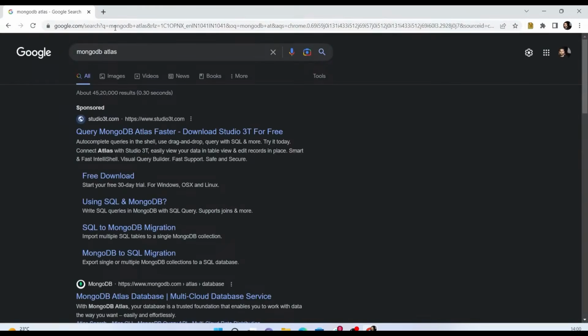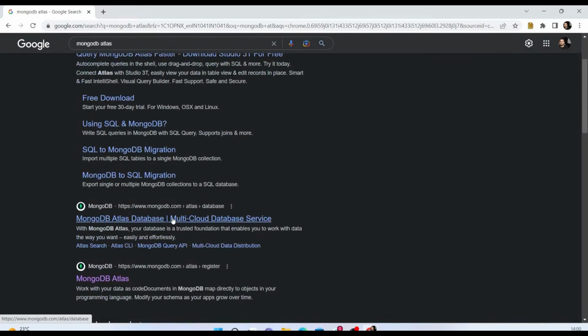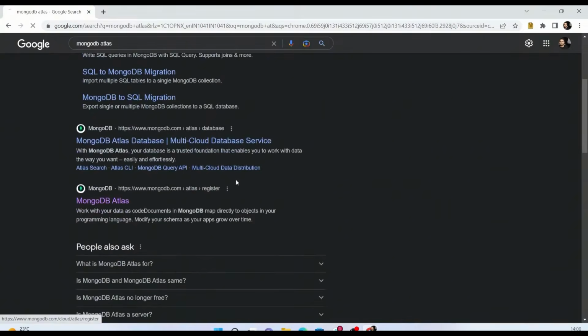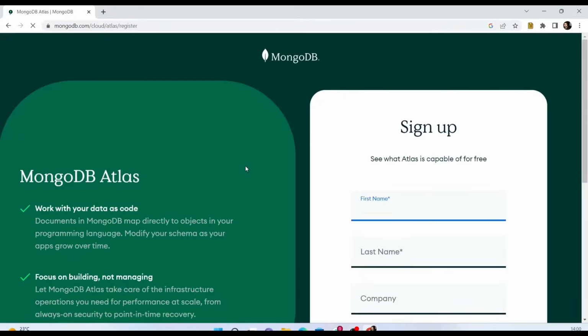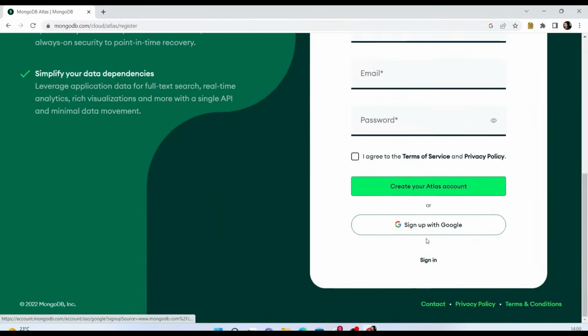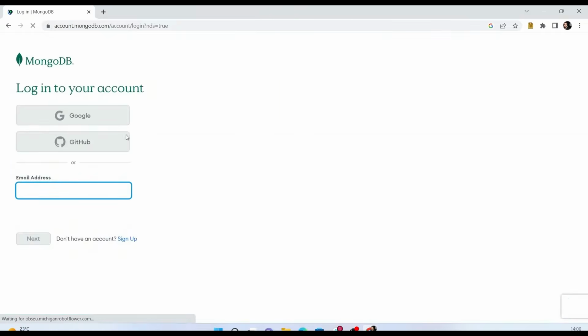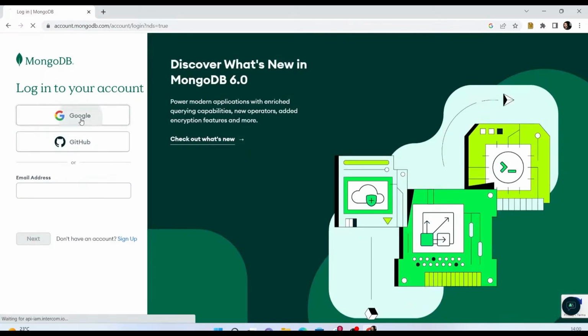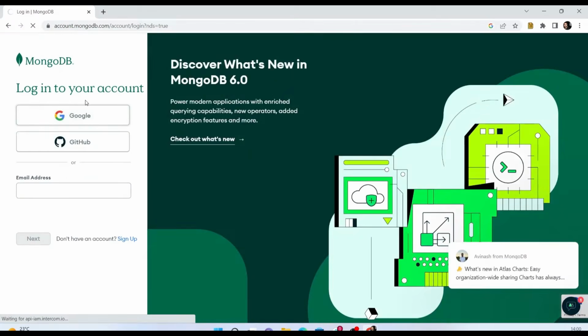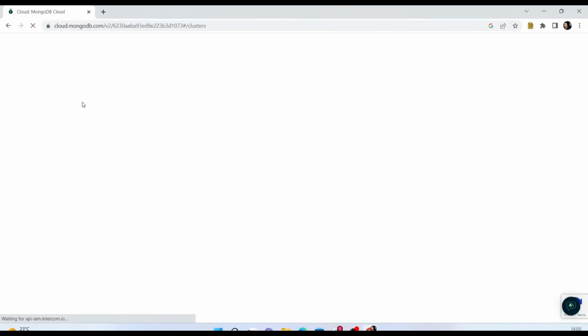I'm going to expect that you already know MongoDB. So if you don't know, please go through some tutorials. Still, I will just explain how we are going to get a URL for MongoDB Atlas. I already have an account in MongoDB Atlas. I'm going to log in to my MongoDB Atlas. I'll get the URL, because without this URL we cannot communicate with MongoDB database,